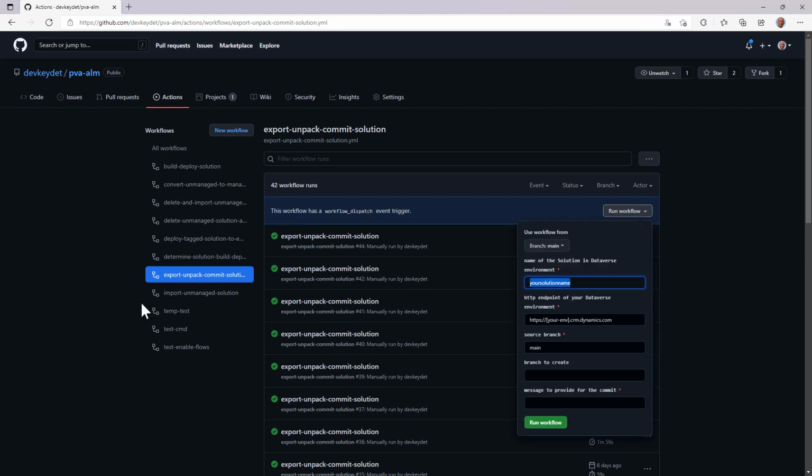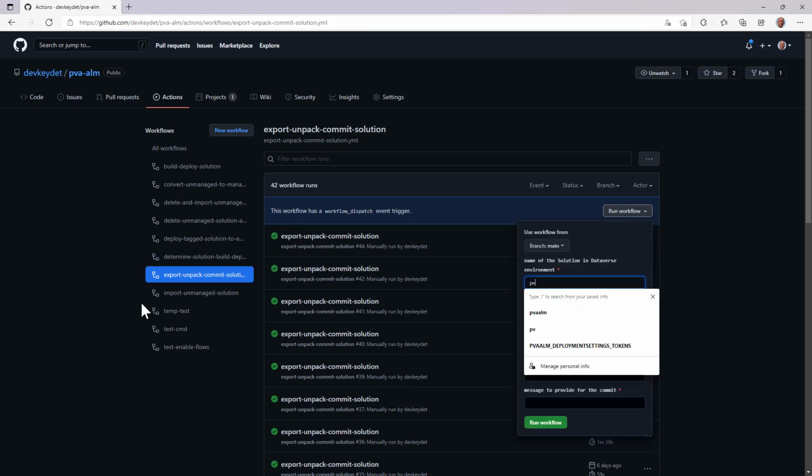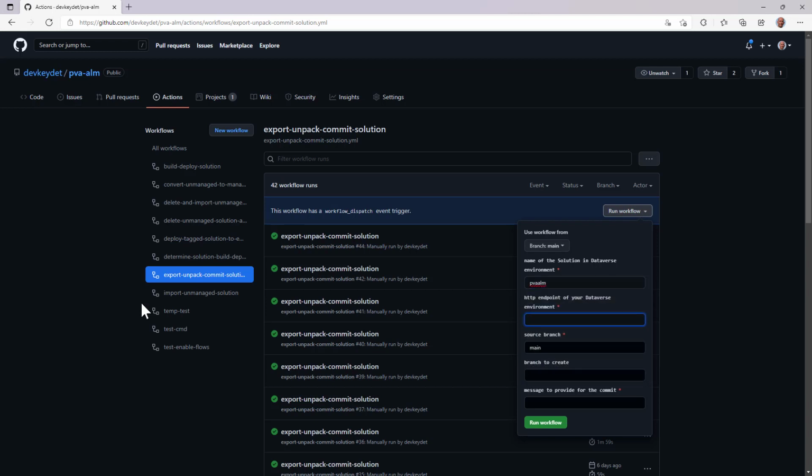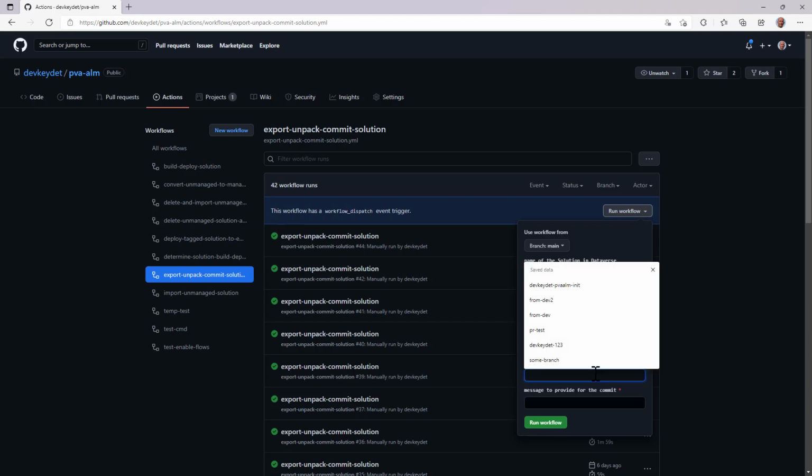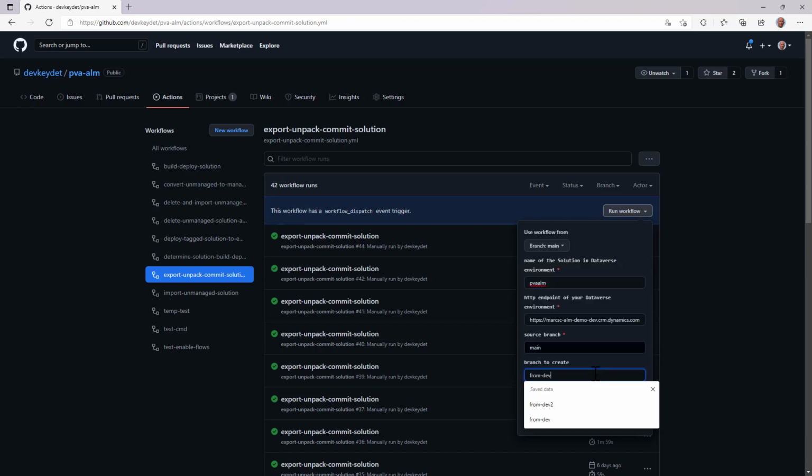And so PVALM is our solution. We're going to export it from the dev environment. And in this case, we're going to set up what's called a pull request. So we know that the code in the environment started with source code from the main branch. And so we're going to create a new branch, and we'll call this from dev, but this would typically be